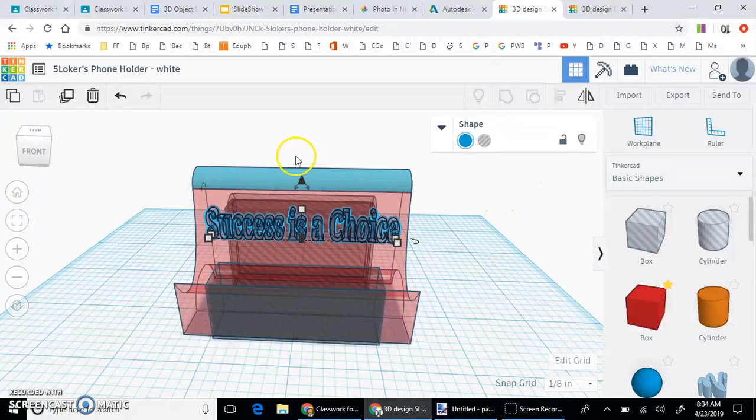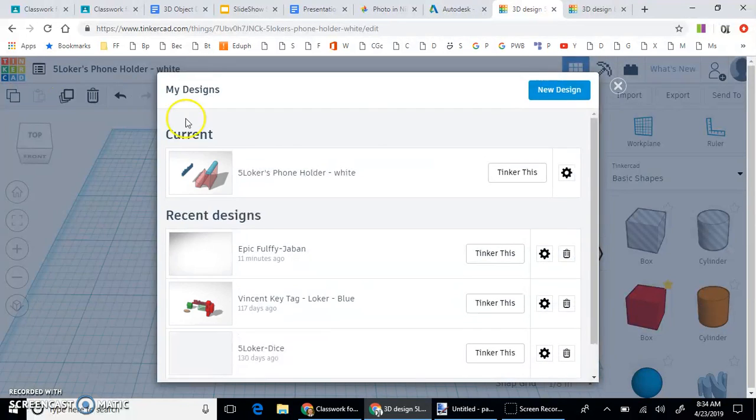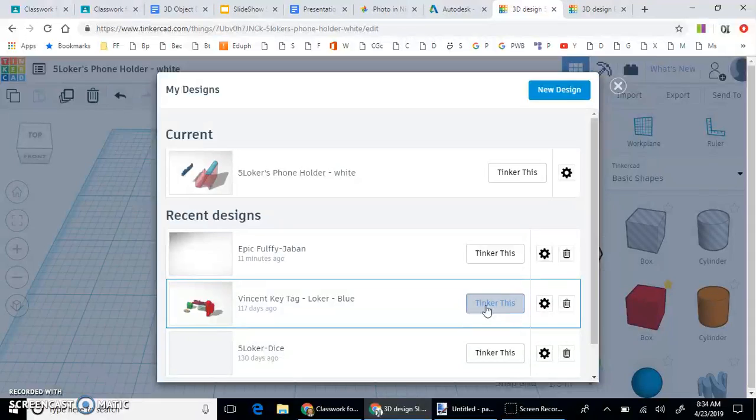And when you are done, move on to some other objects to practice, or you can delete and start from scratch. I've got one more tab open, or one more pane. Let's go back to this one right here. Let's click on Tinker this, and it'll take us out of that other object. Hopefully it just saved. And when this one comes up,